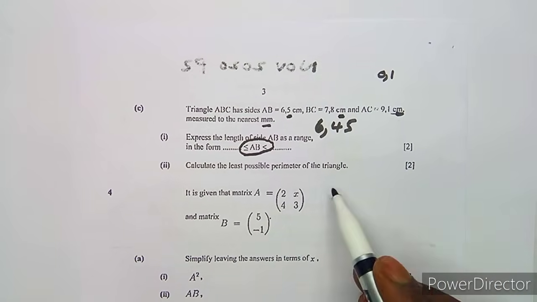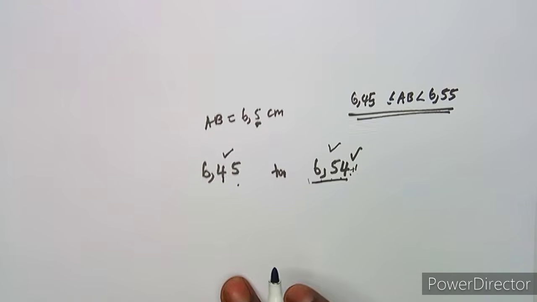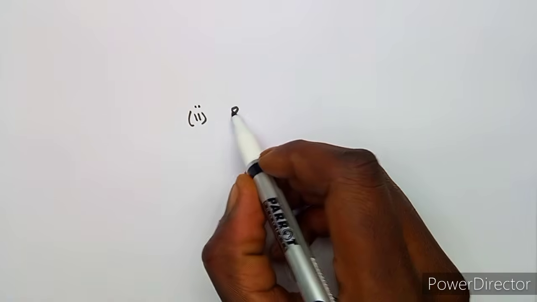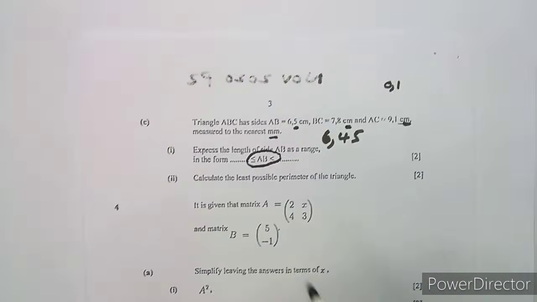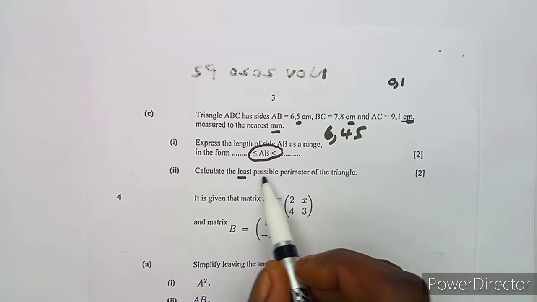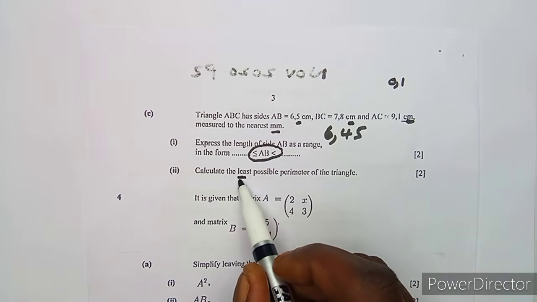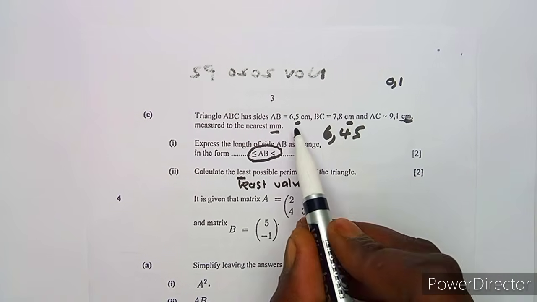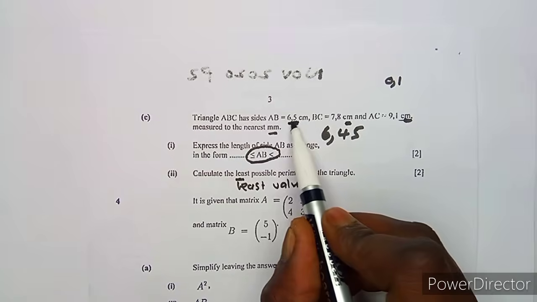So perimeter, remember you have to add the size of everything. So that is your perimeter. You are going to have least possible, which means you are going to work with the least values. So here we are going to work with the least value. We say the least value here is